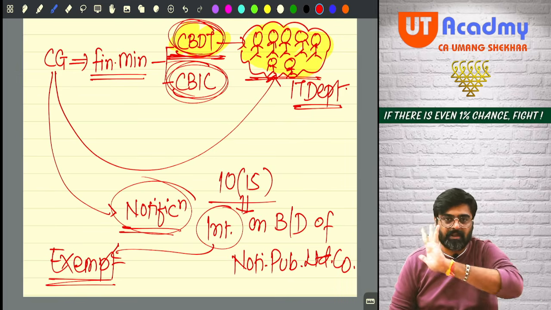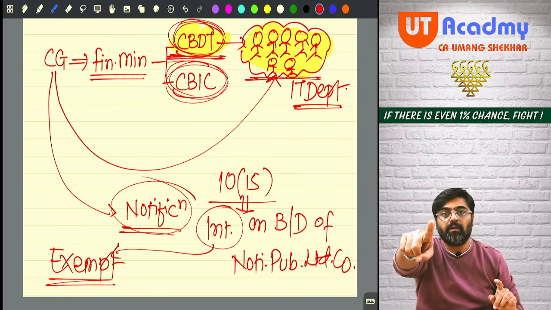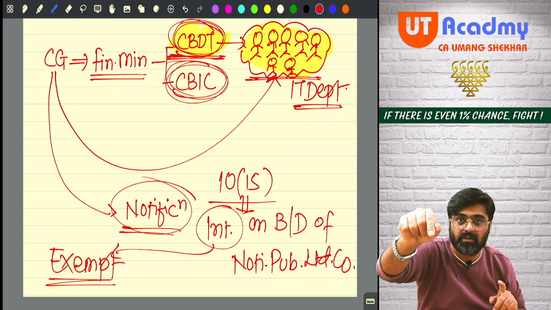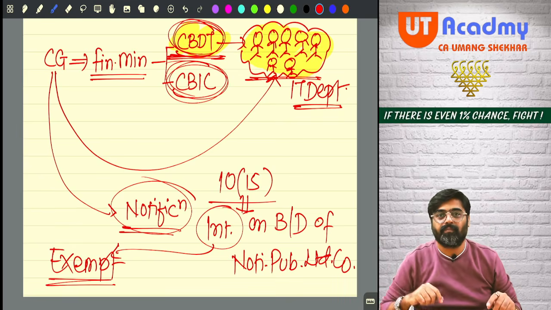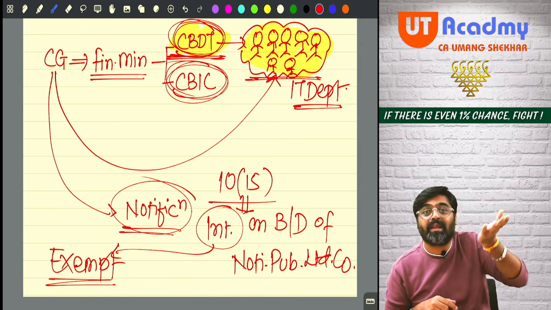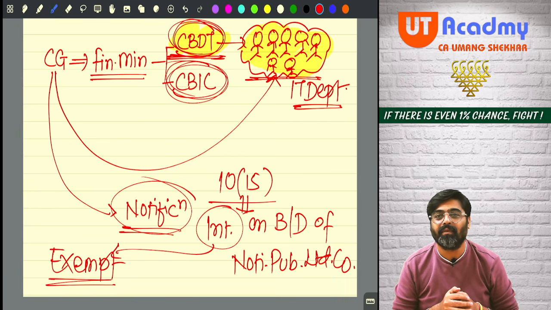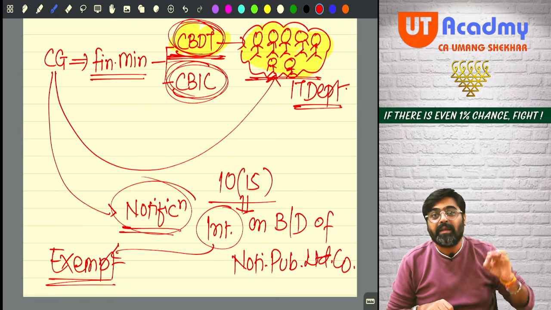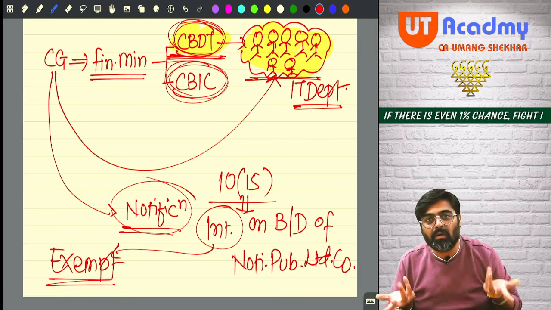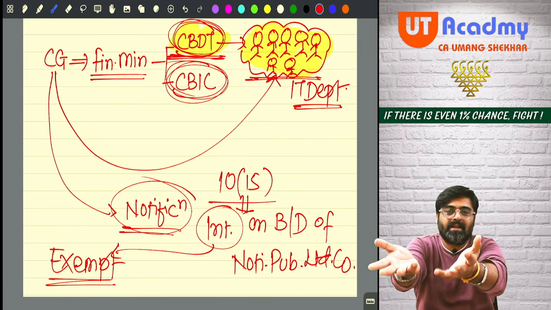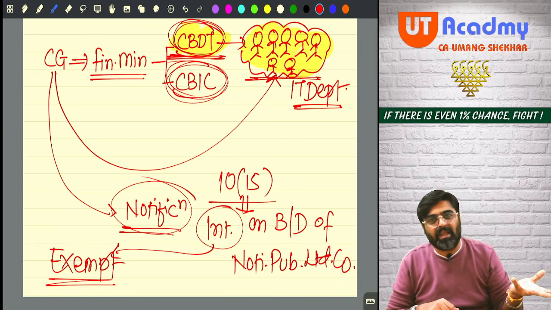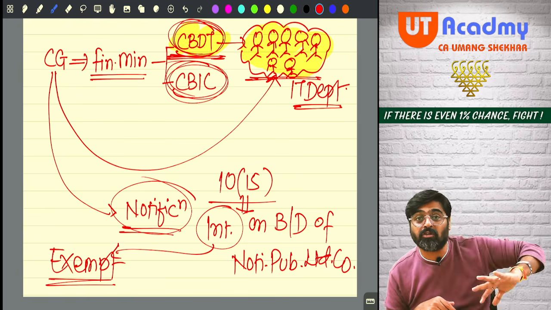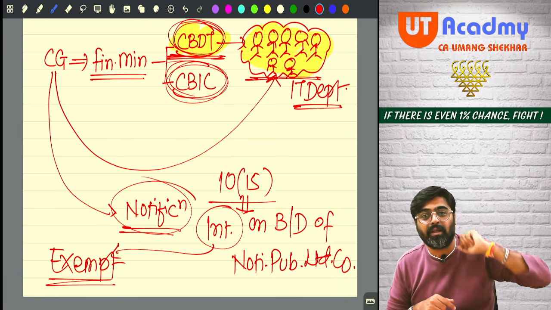Just imagine if this provision is there. This provision tells you that this interest will be exempt, but to get this exemption, there has to be a notification notifying these companies, no? If there is no notification notifying these companies, can this provision ever be followed? No. It will be a redundant provision then. The provision is made, but to give effect to it, without the notification it cannot be followed.